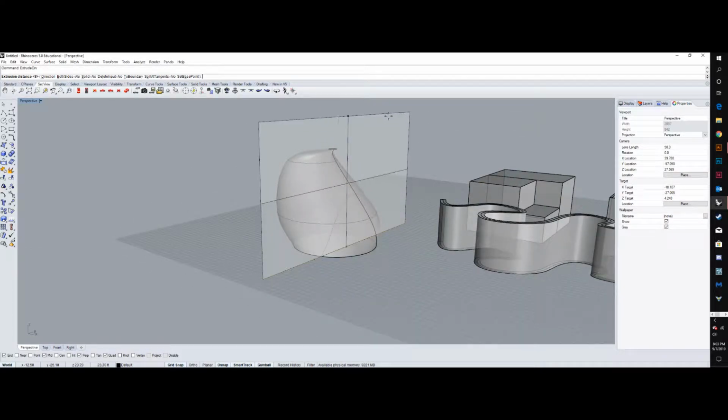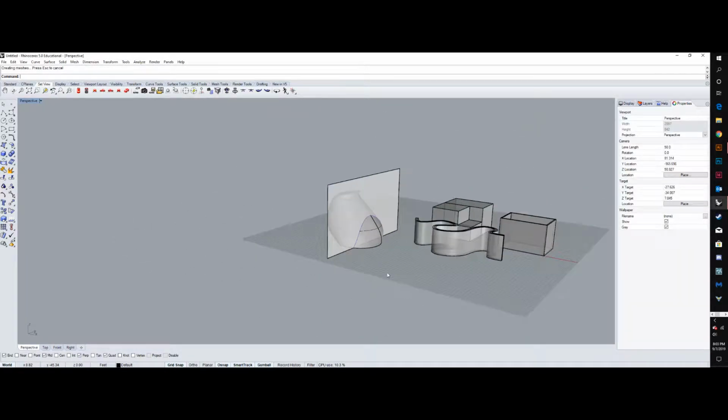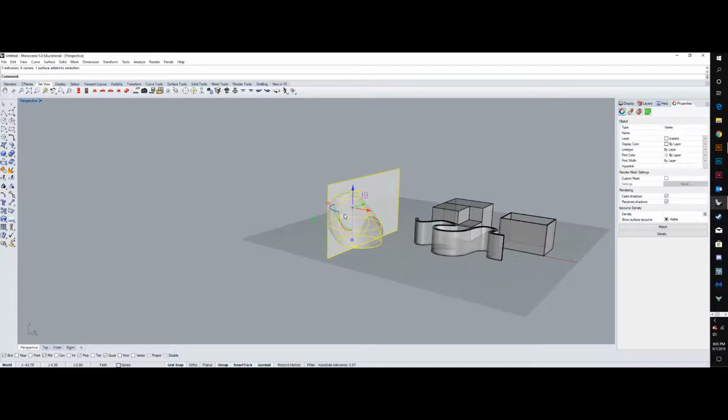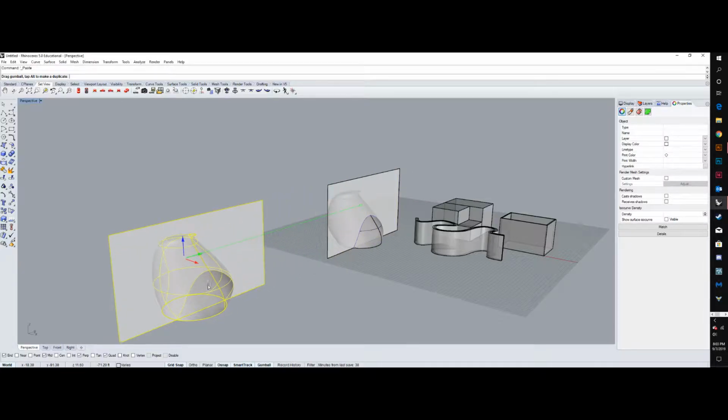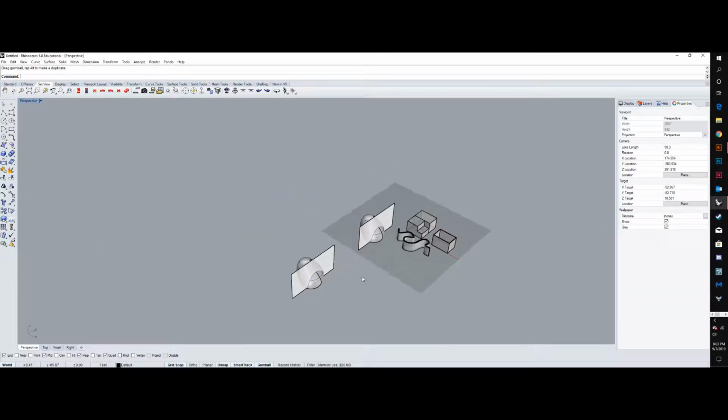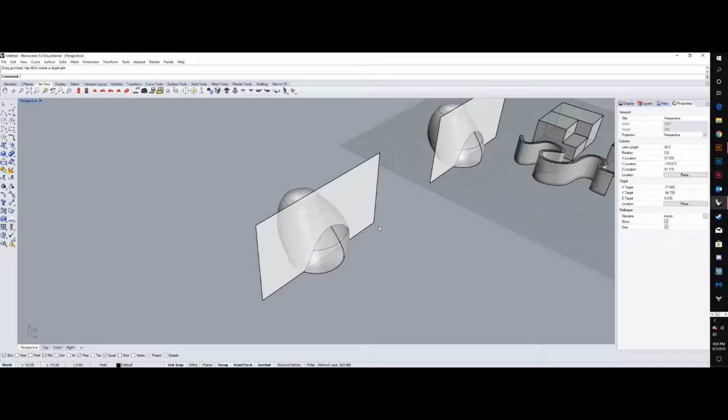I'm going to bring it up here. Now I'm going to select everything and copy it, Control C, Control V, and then just drag it over. Saves a lot of time instead of typing out copy. The reason why I'm going to copy is because I'm actually going to destroy this object, and I want to save my original. I'm going to destroy it by typing in trim,